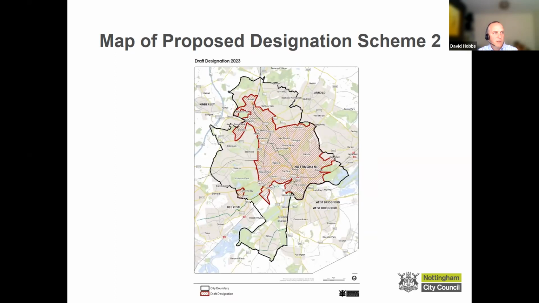And a little bit around Woollerton Park to the west of the city have been taken out. So these are all proposals, and also a little bit that's joined and has been added into the second scheme around Broxtowe Estate to the north. This area just here is new, and that's partly because the numbers of and proportion of private rent sector properties